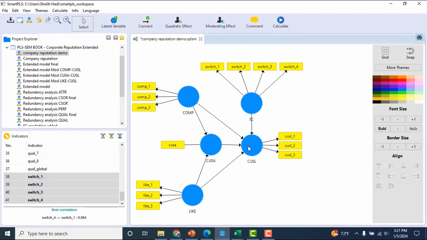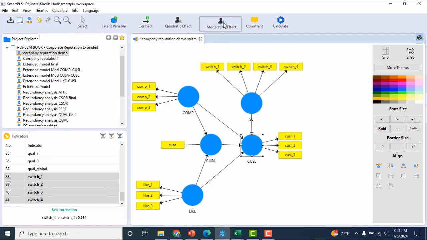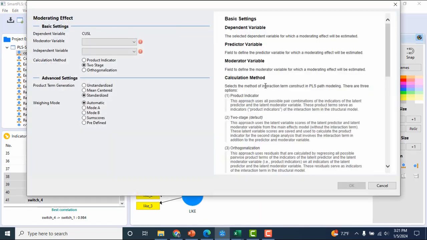We can do it in here, in add moderating effect, or here, moderating effect, same. Okay, add moderating effect on CUSL. For moderator we choose SG, switching cost. For independent we choose customer satisfaction CUSA.